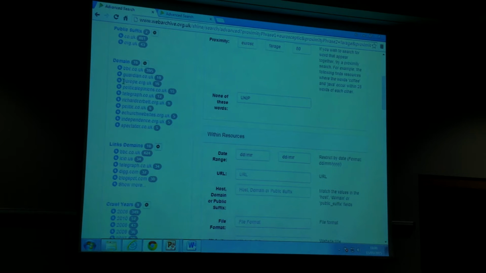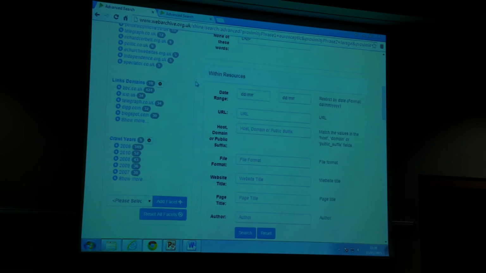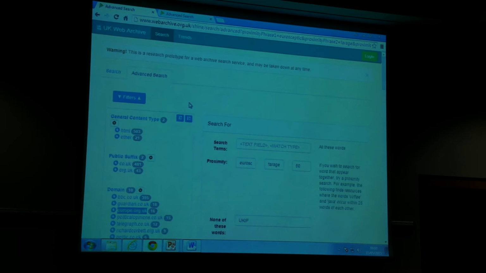But also, I'm pretty sure that Europe.org.uk is a pro-European organisation. Was that right, Richard? Okay. So you have what will probably be quite positively, or rather, pro-European, that's to say, anti-Farage stuff in here. This is likely to be more neutral. You can also see the domains to which the resources which mention Eurosceptic and Farage are linking out, and that becomes quite interesting a little bit later on. And you can, of course, double-click on those and just get those results. Yes, you can. I'm going to add some of those in a minute.